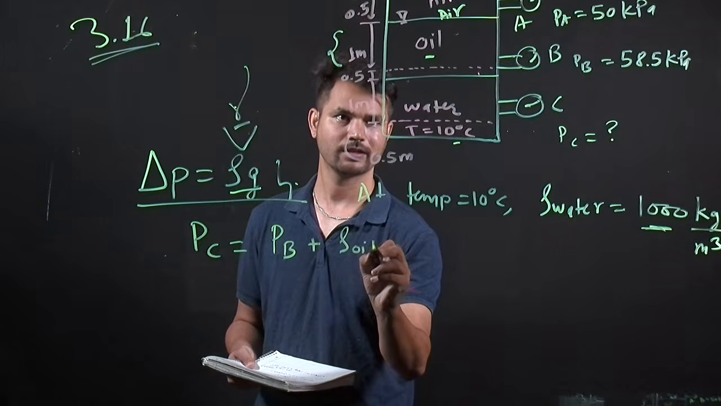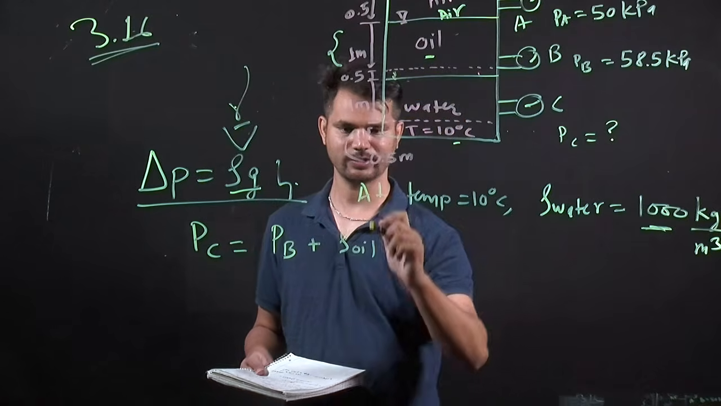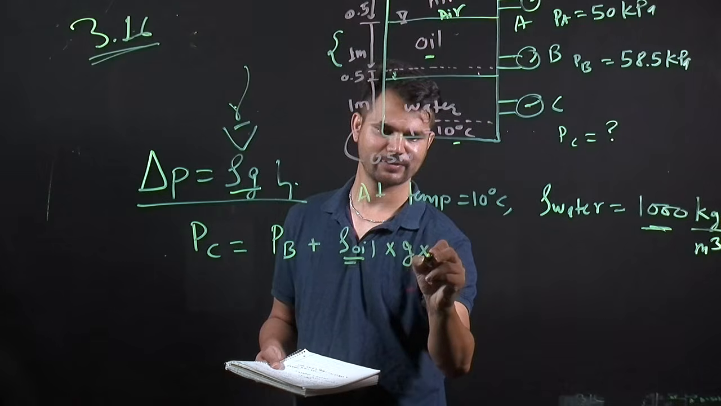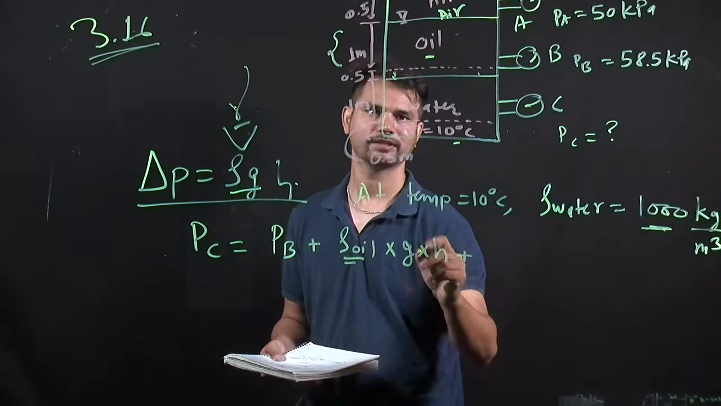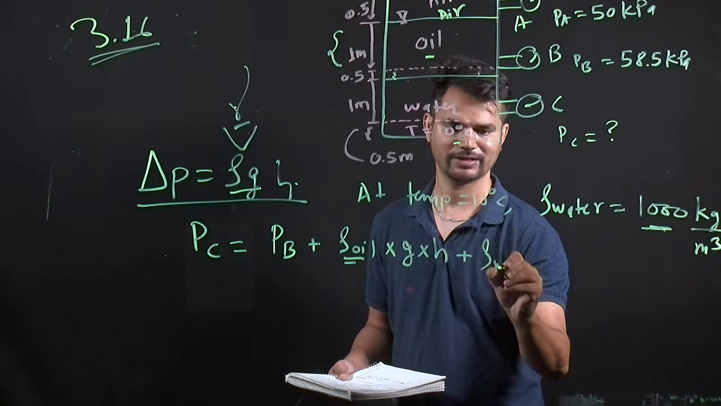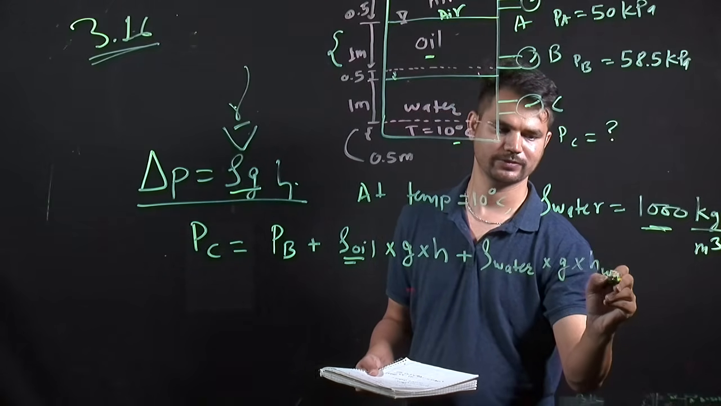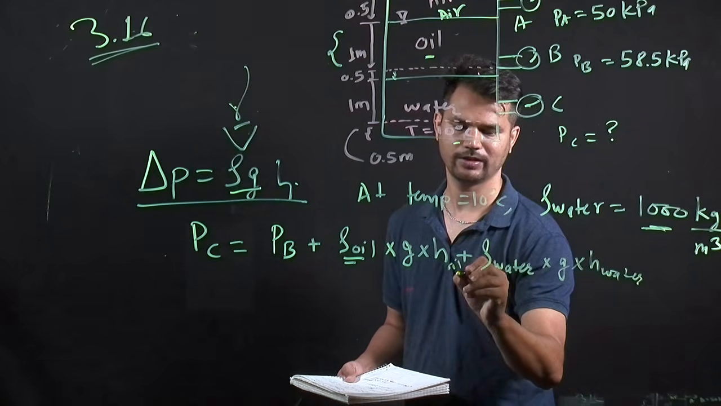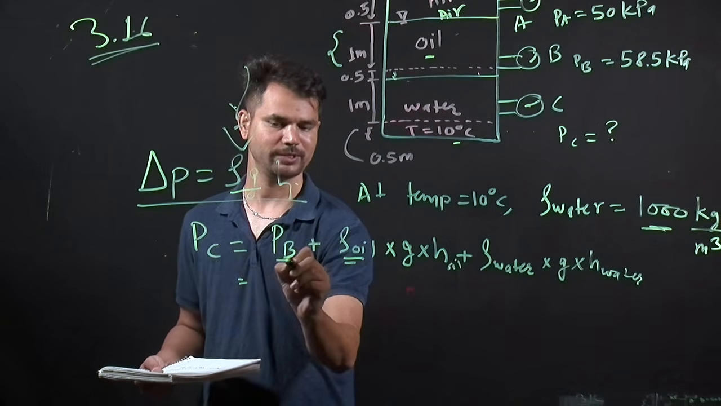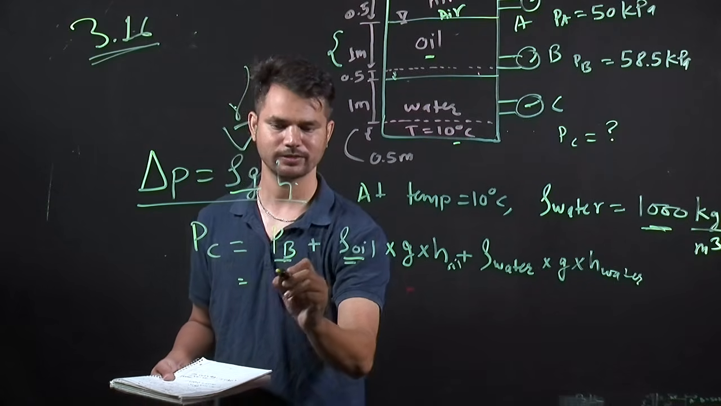Rho of oil, we will need to consider this small gap as well. Rho oil into, we already know this, and G times H, plus we will be entering into this water layer. So we know the density of water as well, density of water times G times H water. This is H oil. So we don't know this PC, we know PB. So let us convert that 58.5 kilopascal into Pascal. So it will be